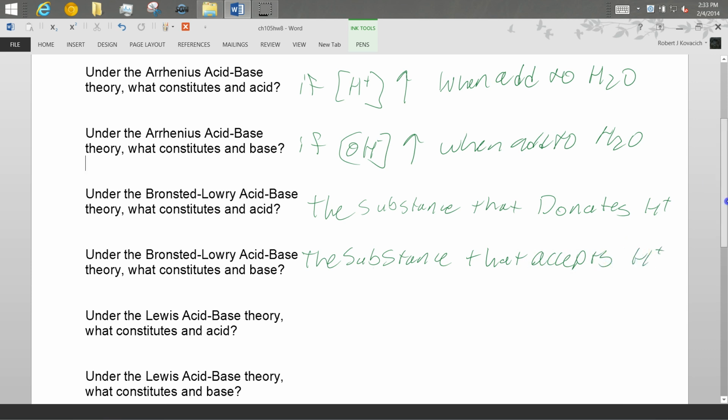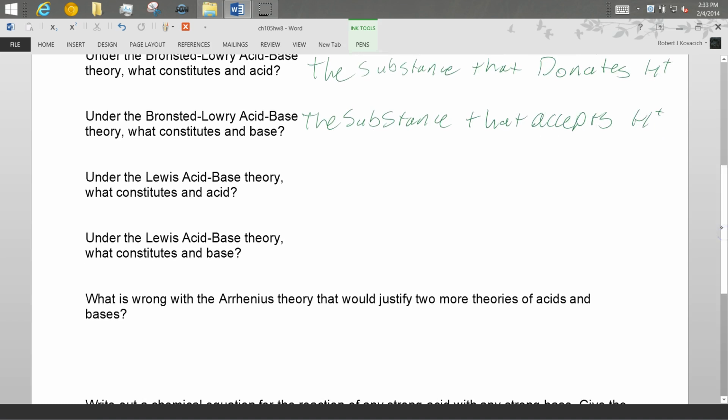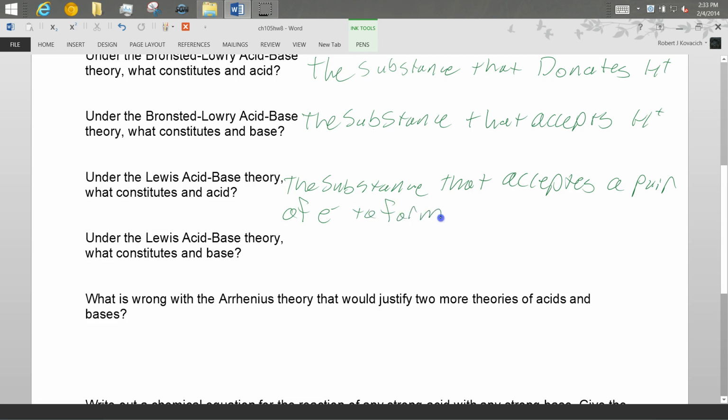And Lewis. The acid receives electrons, and the acid extends the electrons to the base. Donates them. The acid accepts a pair of electrons to form a bond. Accepts. And then the base is